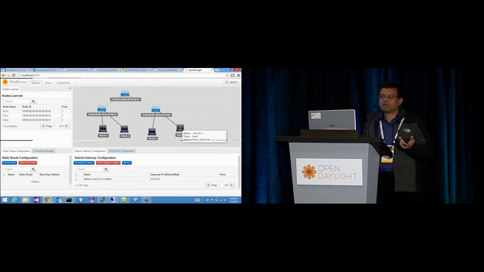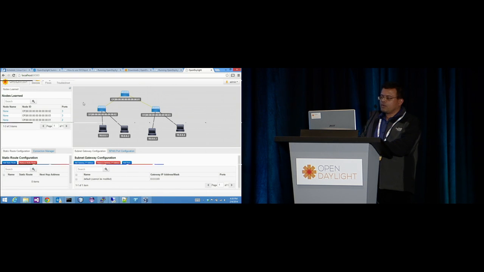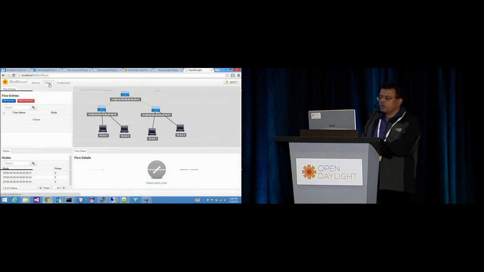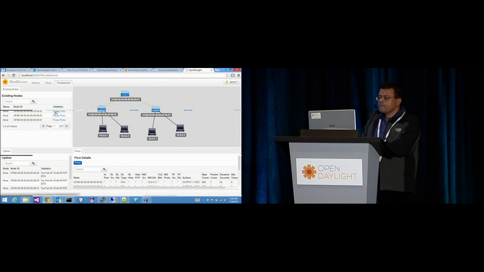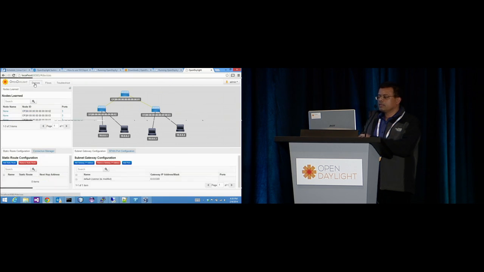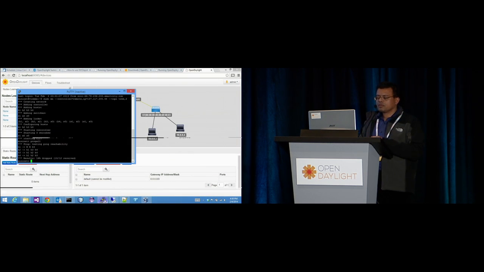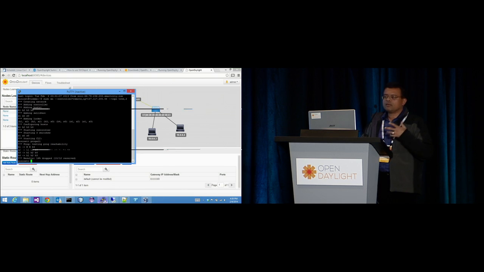So that's basically the network that you created with 3 switches and 4 hosts. And then again, you can do all of the things like you can go into flows and you can create flows, delete flows, whatever. You can go and check the statistics on various flows and so on. The other thing is, so here you can basically create different kinds of topologies